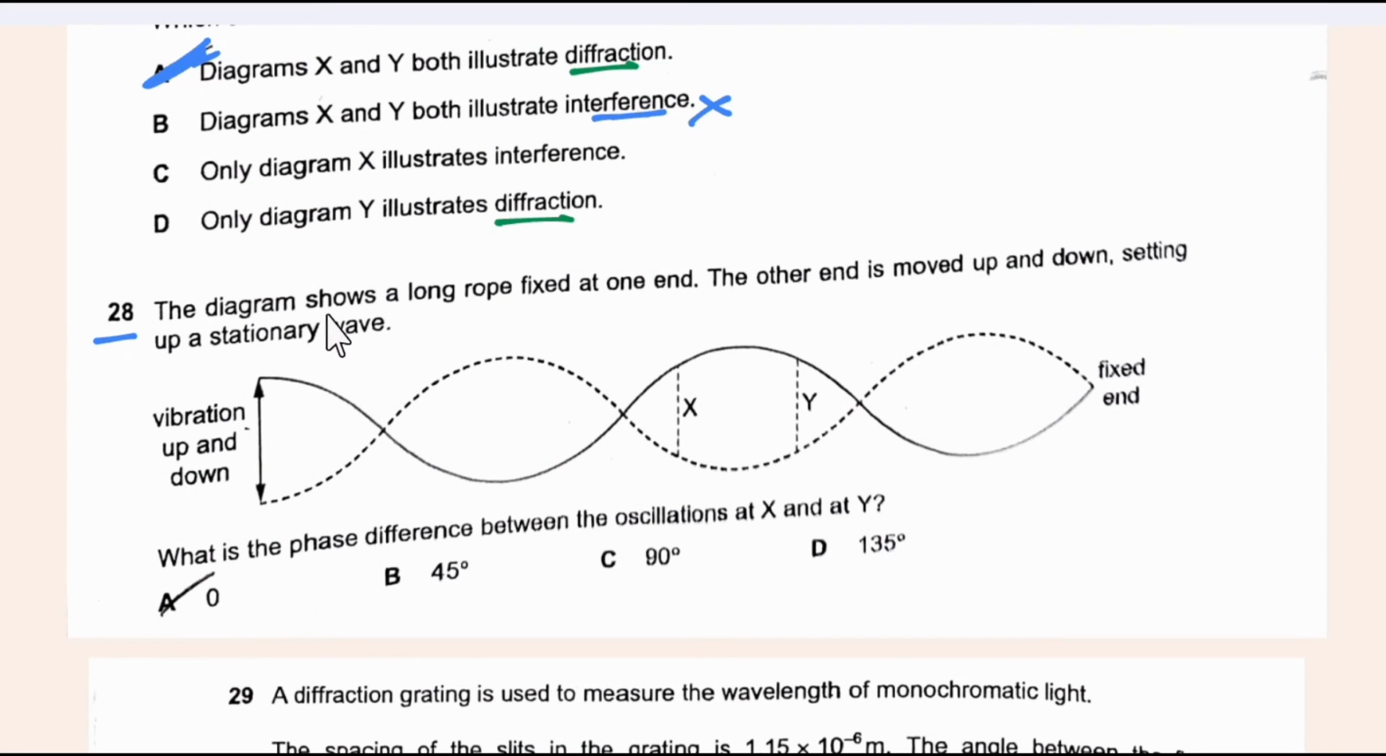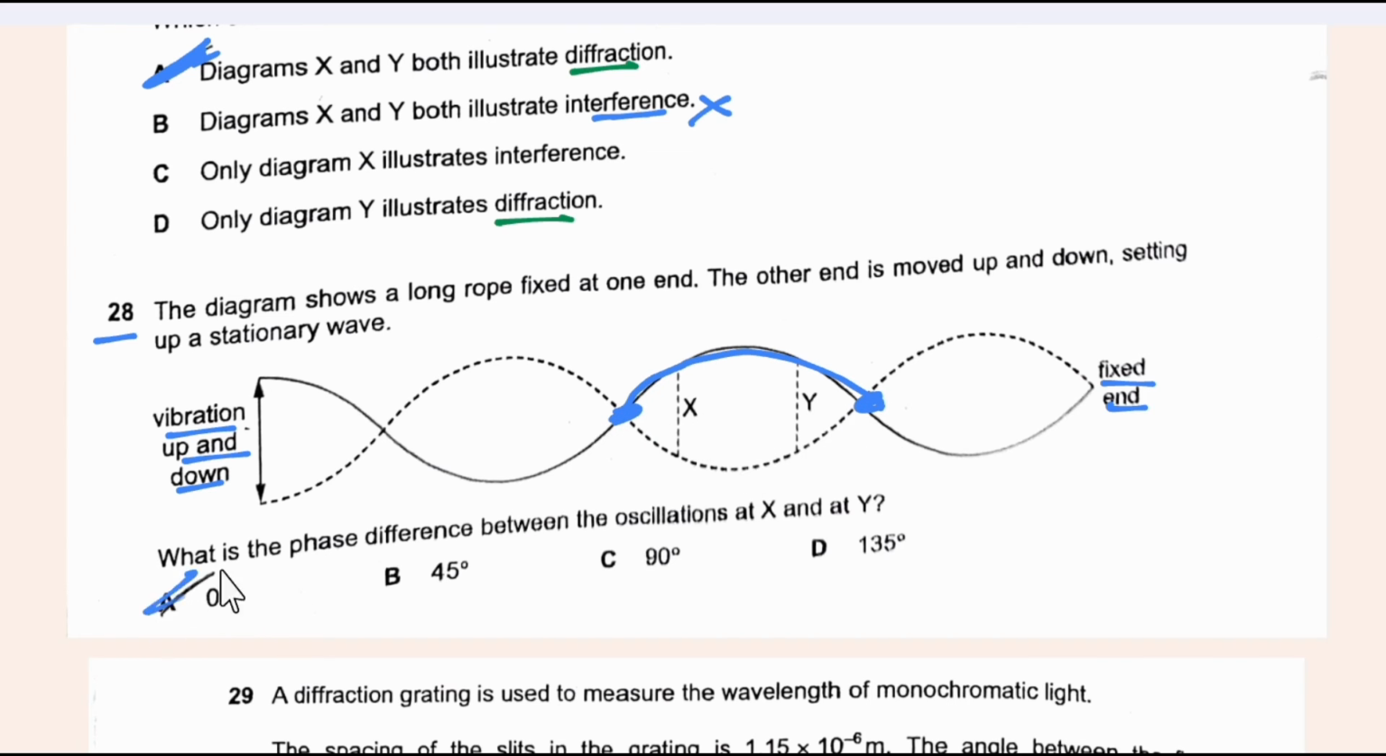Number 28. The diagram shows a long rope fixed at one end. The other end is moved up and down, setting up a stationary wave. So this side is moving up and down, and this is the fixed end. What is the phase difference between the oscillation of X and Y? Since X and Y are within two nodes, that is this node and this node,